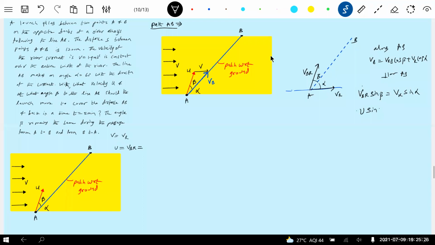What angle? Beta is unknown, VBR is unknown. Okay, let's keep all these unknown things. VR is 1.9. I think again I have to get back all symbols, no problem here. V sin alpha, 60 degrees. U sin beta, I know it. So if you know U sin beta,